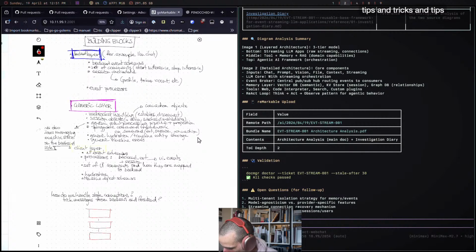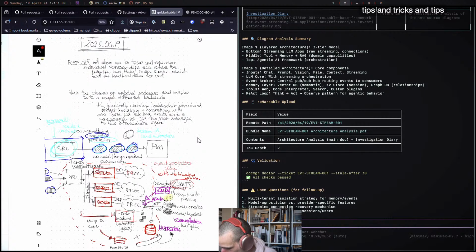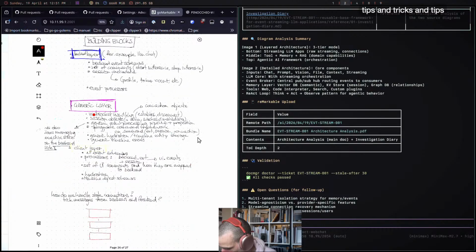And the generic layer provides WebSocket handling, right? It provides session objects. It provides events processing. It provides commands, so you can register a command. You can say, there's a command called start chat, and then this will trigger the backend. There's some generic hydration and timeline storage. And then there's just, I don't know what generic timeline events actually means.